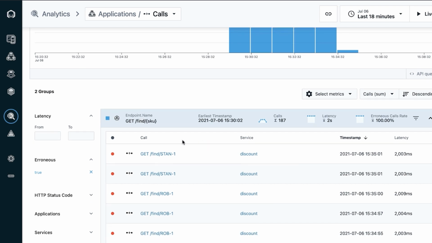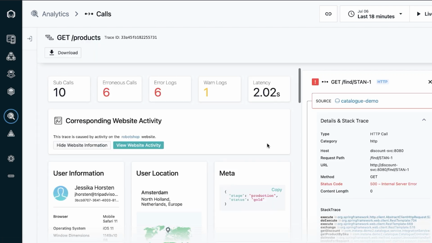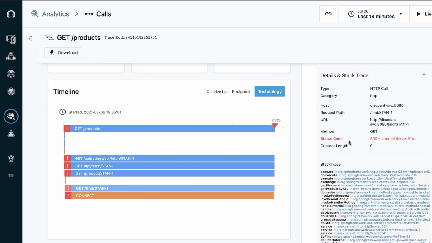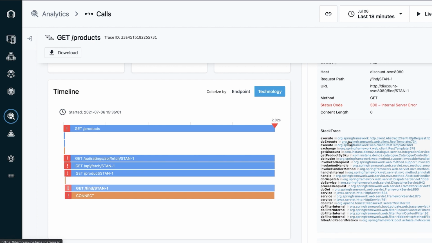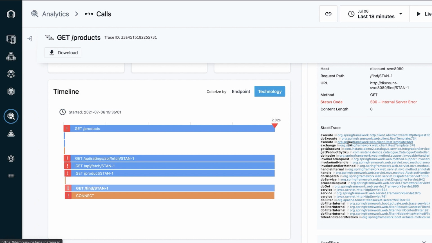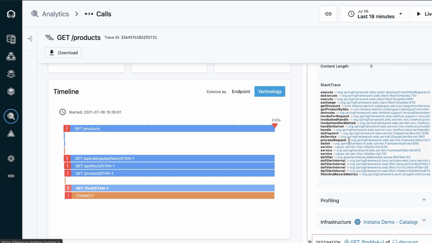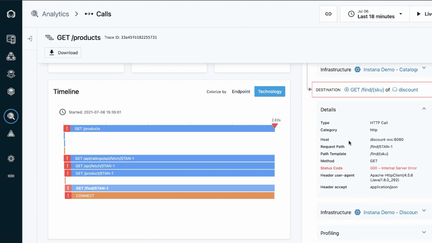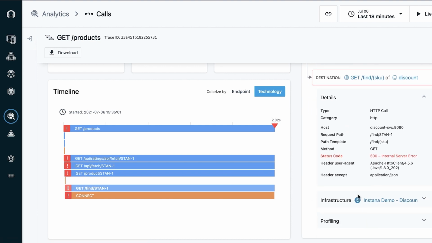It shows how the error in the timeline, indicated by the red triangle, propagated up the call stack, ultimately returning a server 500 error. If needed, the ops team and dev team have access to more low-level detail, such as the call stack, application component stack, log details, even previews of the underlying source code. Now you see as a developer why I'm excited about how Instana helps diagnose and resolve difficult code problems, even in a production environment.